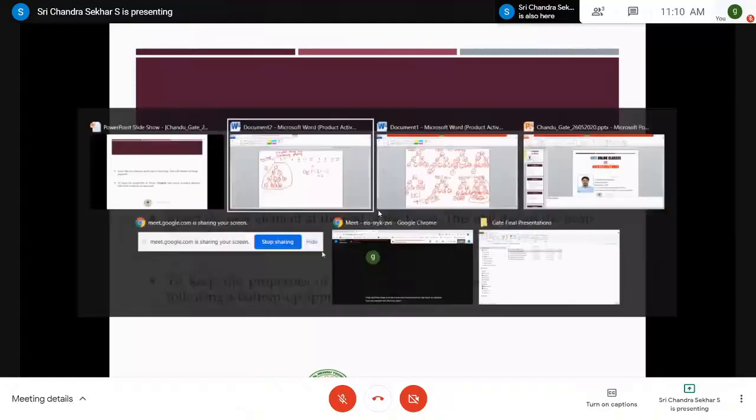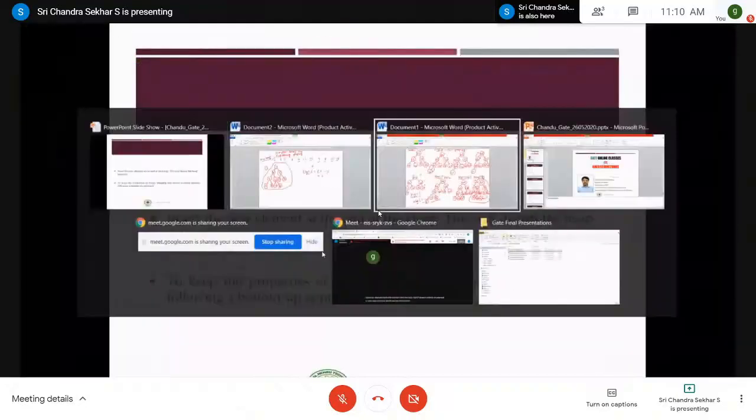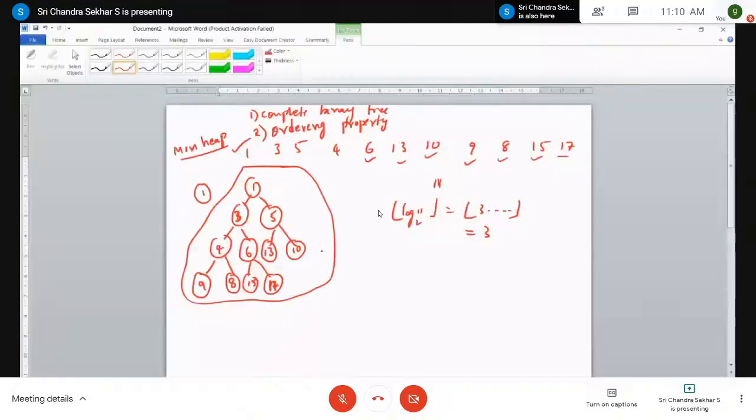Inserting an element is a very easy process, which we are doing while constructing a heap, right? For example, you take this example and I am trying to insert a value of 7. Let me insert a new node 7 into it. What you have to do? The first step is you have to always insert the new element from the leftmost part only.